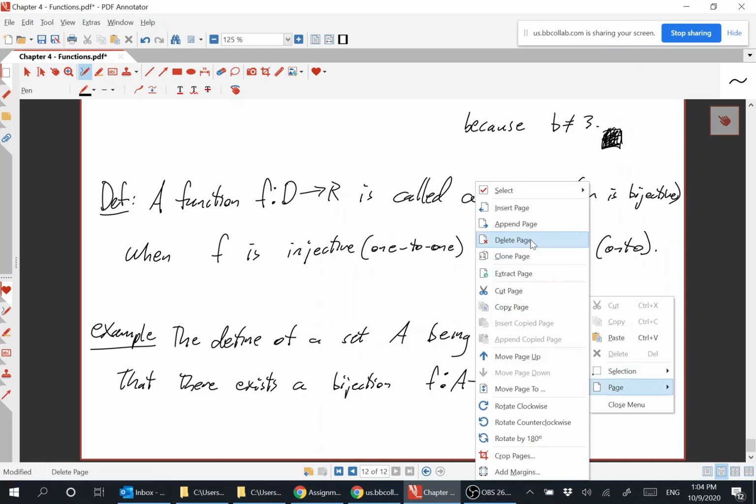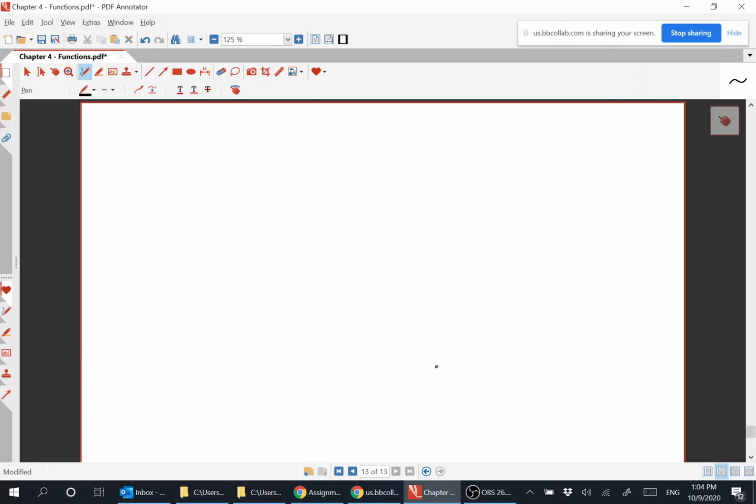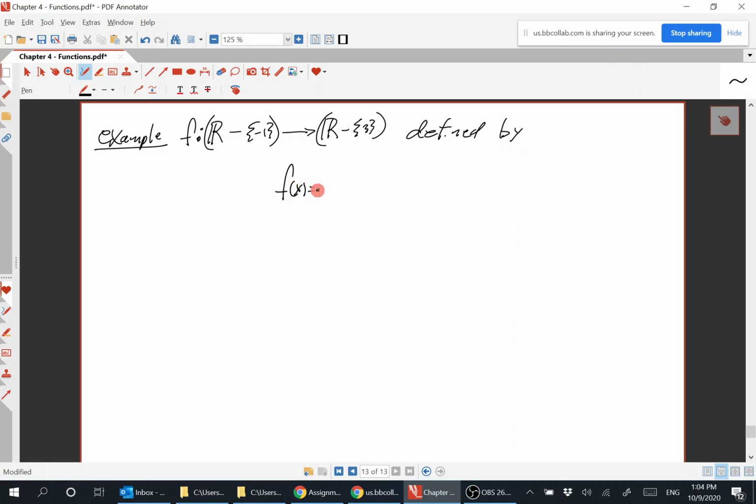And of course, that function we were just looking at, f from the real numbers minus -1 to the real numbers minus +3, defined by f of x equals 3x minus 2 over x plus 1, is a bijection. Okay? When you've got a bijection,